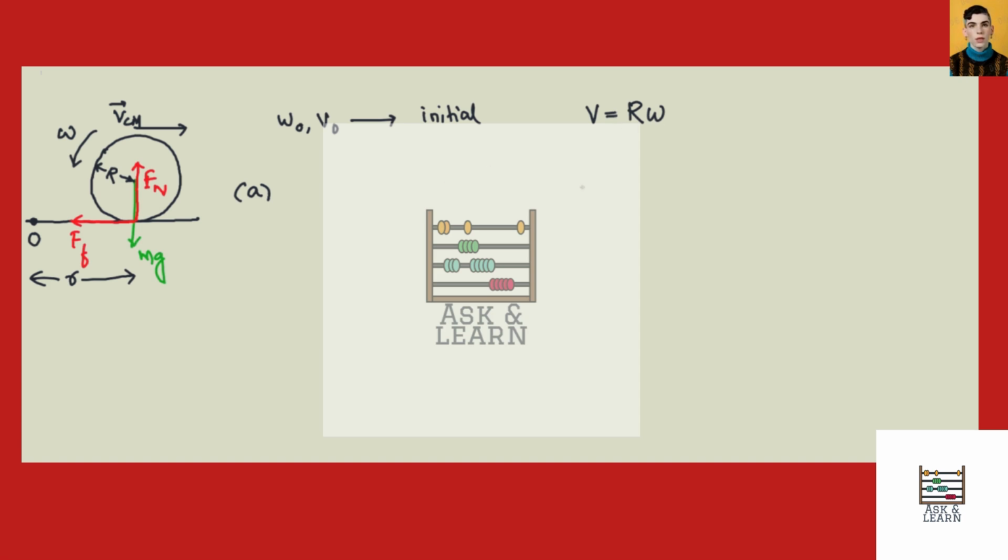But in this problem, since the ball is initially slipping as well while it rolls, this relation between v naught and omega naught for the initial motion of the ball is not valid. Therefore, we won't be applying this relation at all. So whenever we have to use the initial velocity, we will be using v naught, and whenever we have to use the initial angular velocity, we will be using omega naught without using this relation. Now,